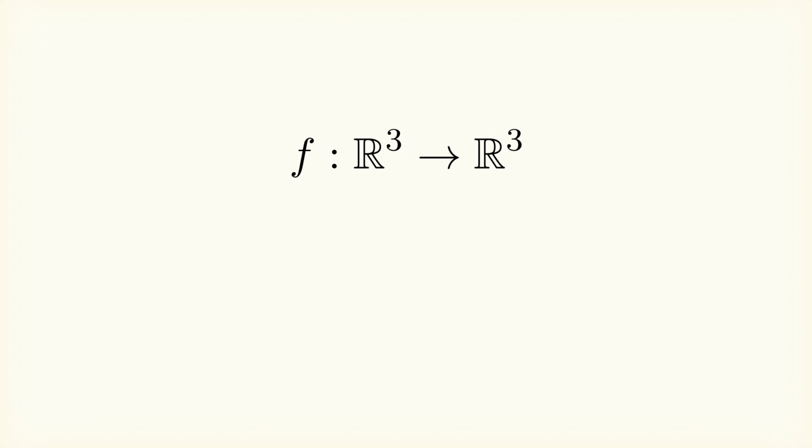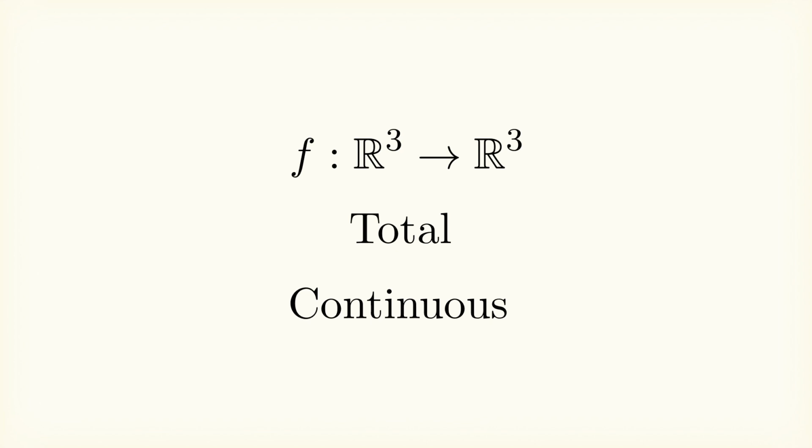In this case, the function is going to take a three-dimensional real vector as an input and return another three-dimensional real vector. We are going to want the function to be total, so that we don't have to worry about potentially feeding it an input value for which it is not defined. And we also want it to be continuous, since we expect it to work in a similar manner for all the colors in the space, without any sudden jumps.